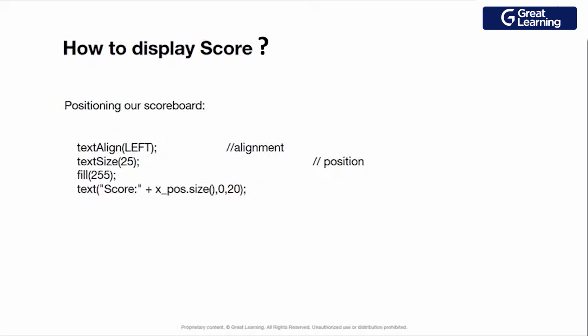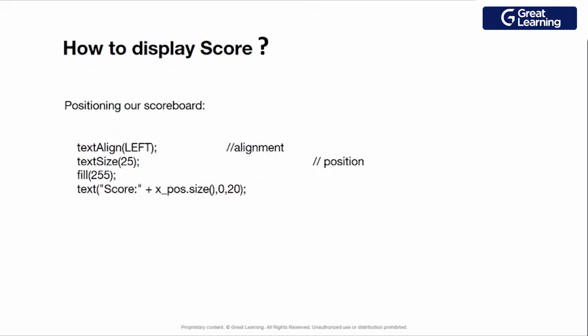So for that, what we will be using is this thing, text align. We want it at the top left corner, right? And the text size represents the position of the alignment. The text align will be left, the size of that block and the color of that block will be filled by the fill method. And for the text, the first argument will be a string, and the next thing will be the position of the